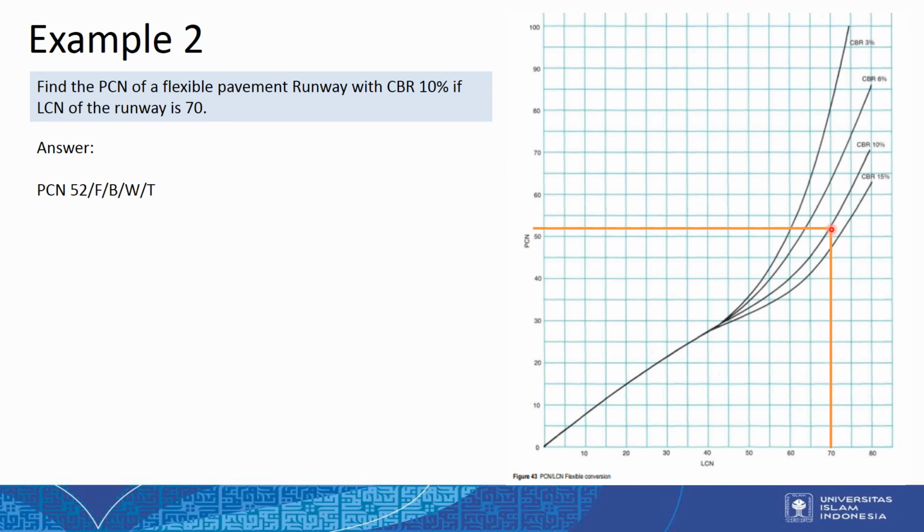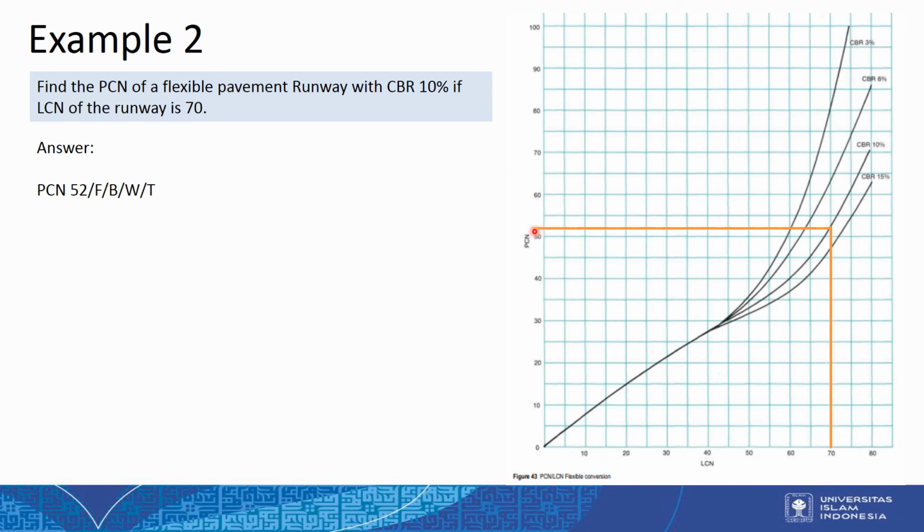Then after we meet the curve, we project it horizontally until we know the PCN number here. From this chart, we will know that the PCN number is around 52 here, because this is 55, so maybe this is